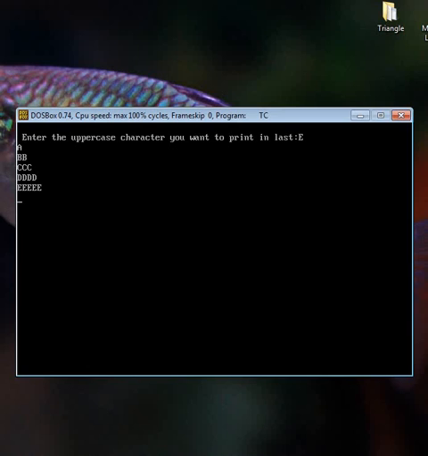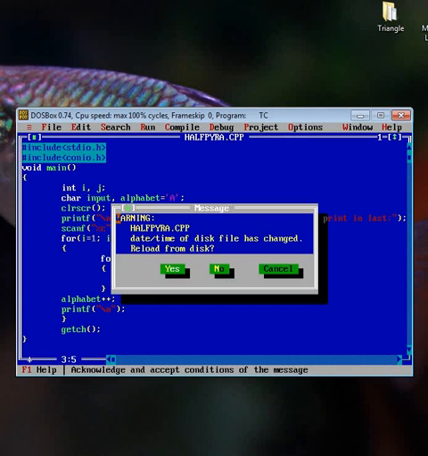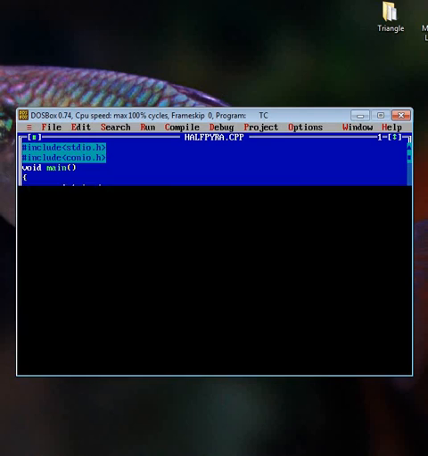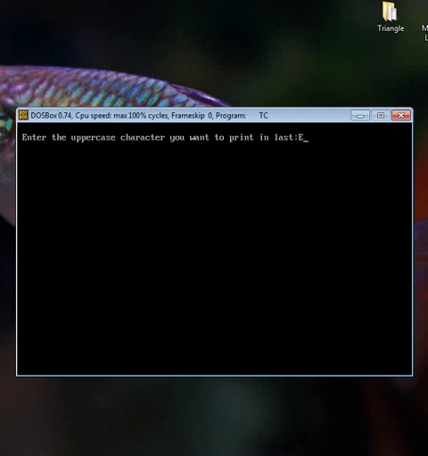You can see the output: A in first row, A A in second row, B B B in third row, C C C C in fourth row, D D D D D in fifth row, E E E E E. So one character is stacked on another, so I have to use a space which I have described in my previous program also. So here after %c you can give a blank space, and now again run the program, E. So now it looks better.